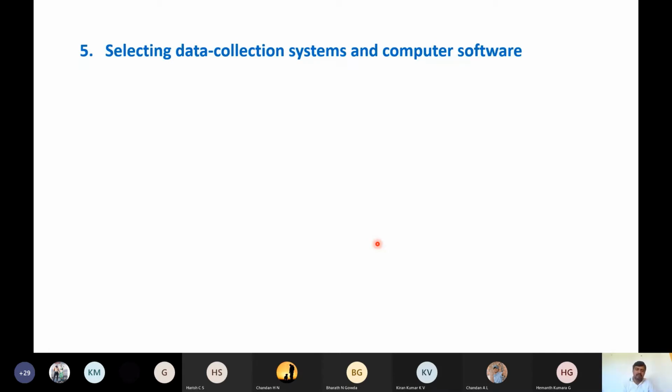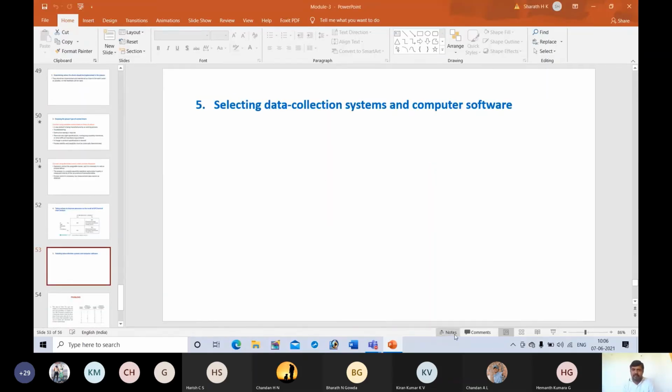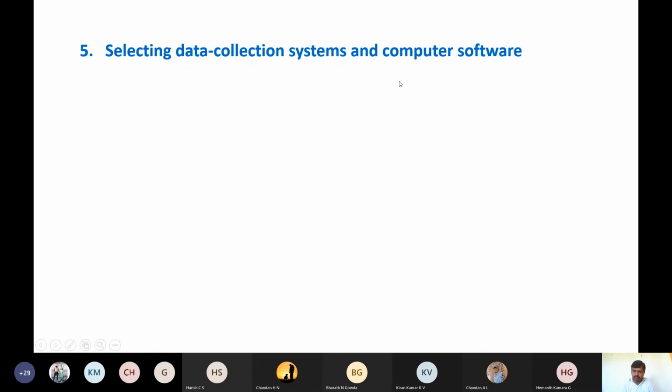Those measured values will be in the system, and by using these values, control charts can be plotted using software, and even based on the location of the points, the software itself can give an idea regarding what conclusions we can draw. Everything has been computerized. Selecting data collection systems and computer software, so in order to do this, you should have knowledge regarding what softwares are available for interpreting and plotting control charts.